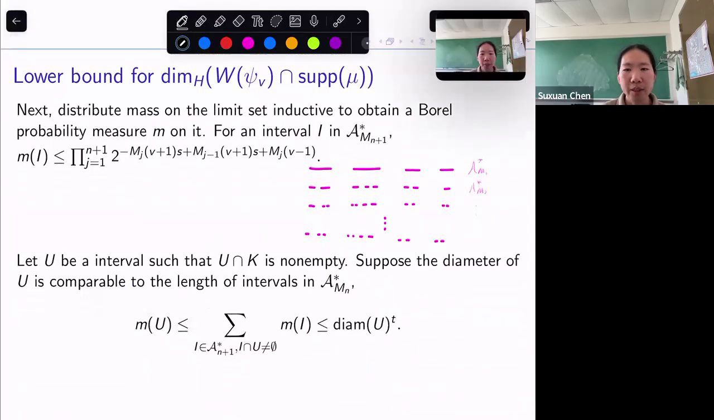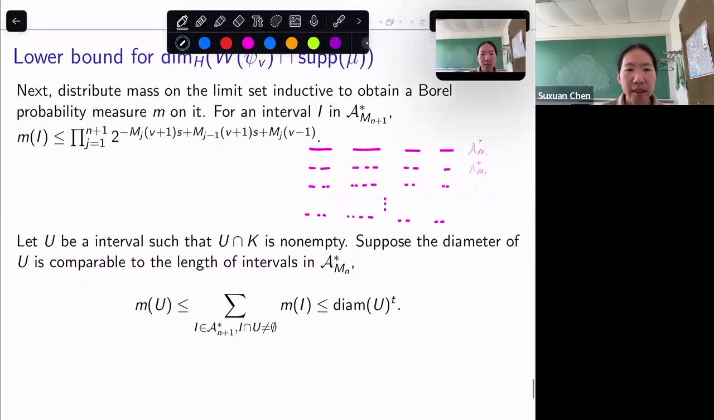By the previous process, we can get a measure on the limit set, and then we also have an estimate on the measure of each interval at the nth level or n+1th level. So here we do an interval in the n+1th level. We have a measure estimate, and then we let U be an interval such that U intersect with a self-similar set is non-empty, and we suppose the diameter of U is comparable to the length of intervals in A_Mn star. Then now we use